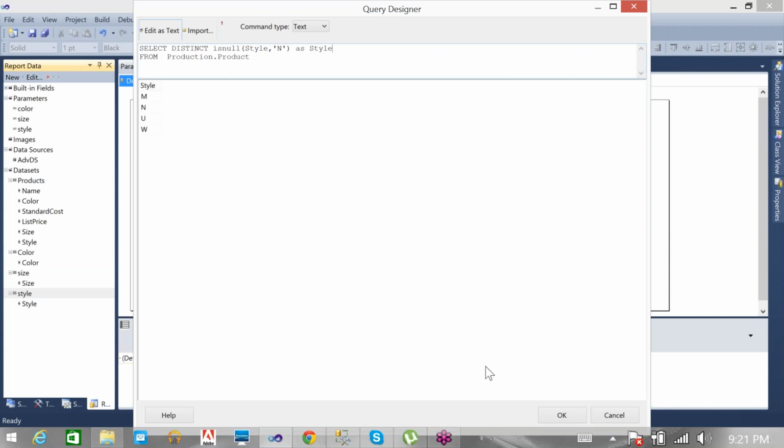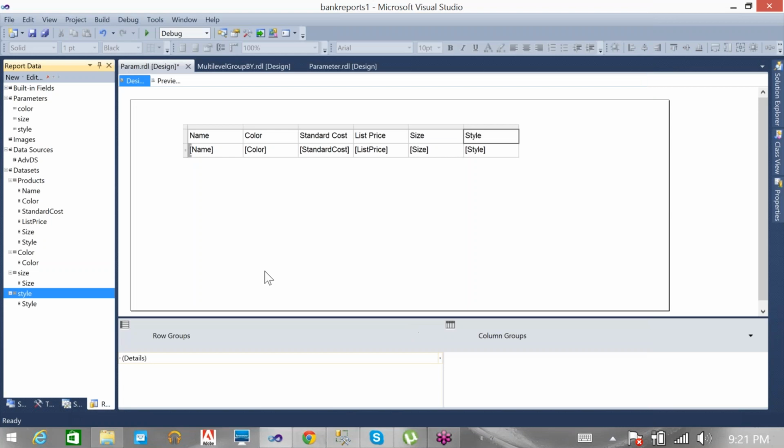You got the null also. Like I told you, either you can remove the null values or you can replace them with one value, because by selecting the blank value you are not going to get anything.